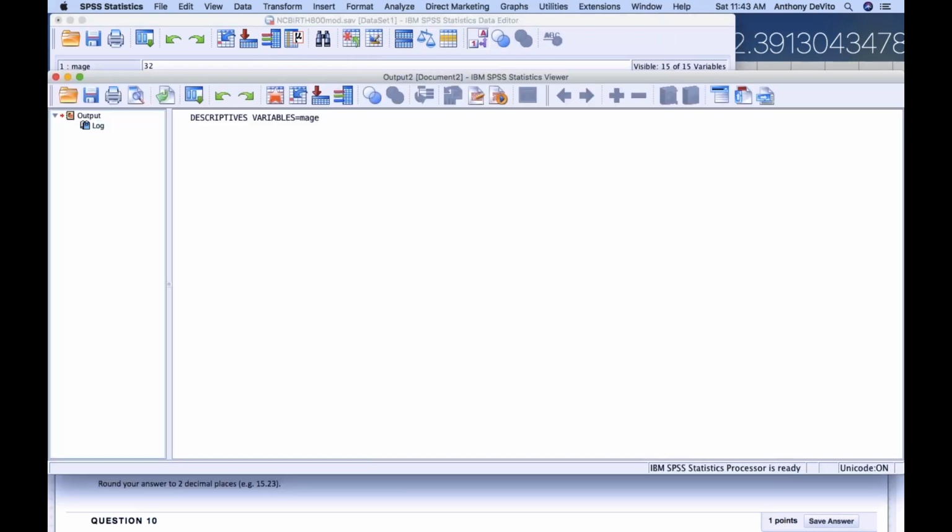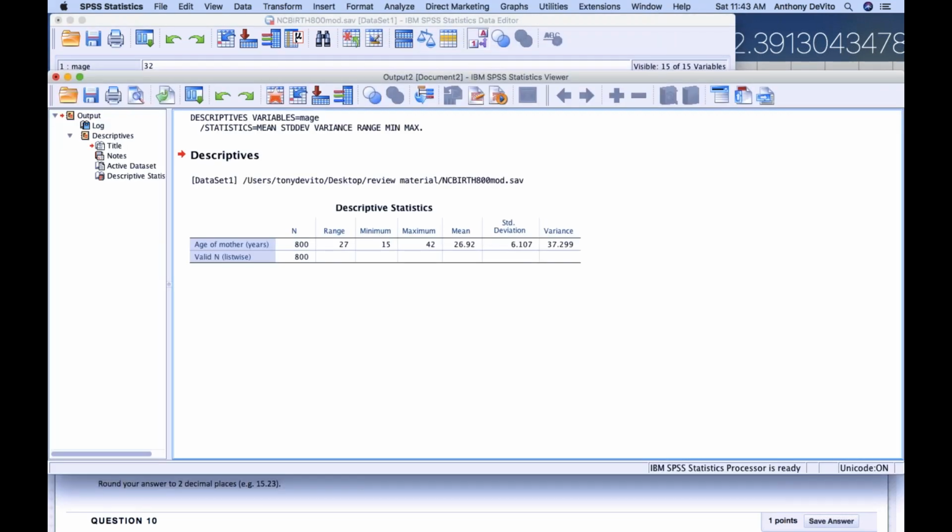The output window will come up now and give us the answer to the analysis that we wanted to do. So it tells us the age of the mother in years at 800 subjects here, as we suspected. The range of ages is 27 years. The youngest is 15, the oldest is 42, and the average age, the mean age, is 26.92. So that's going to be our answer,